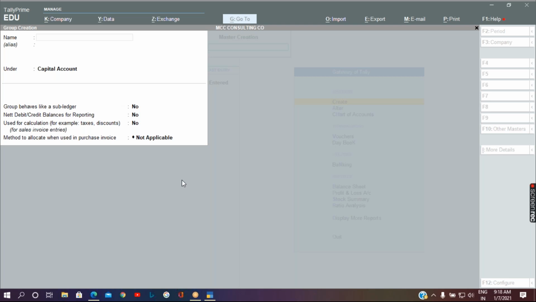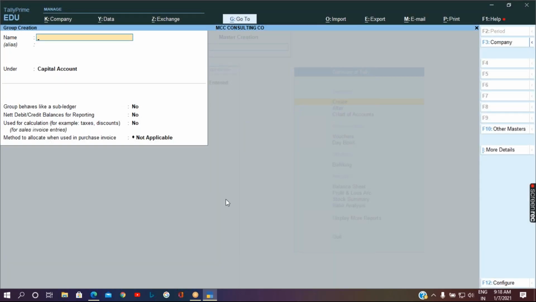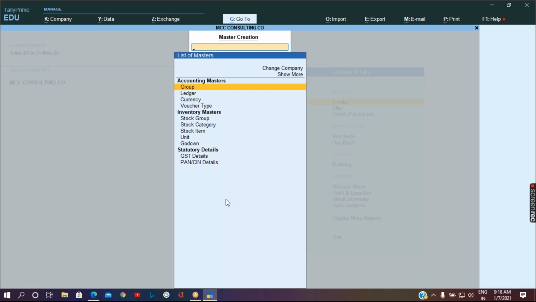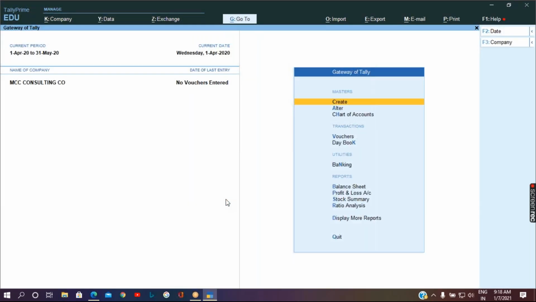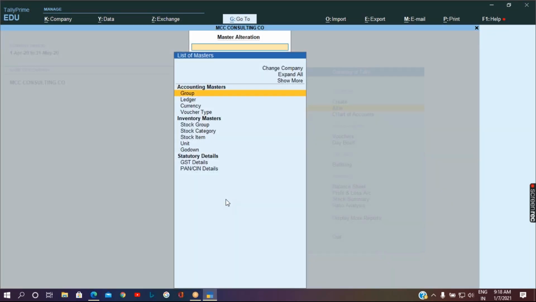If I want to confirm whether my required accounting heads are there, let me come to the gateway of Tally. By pressing escape, you can come to the gateway of Tally, go to masters, alter. When you go to alter, it will list out all those things which are already created.